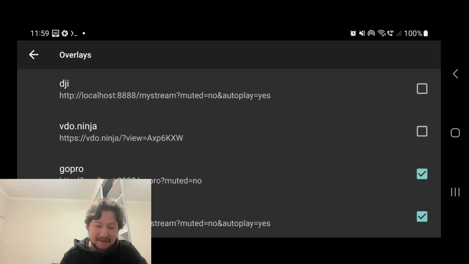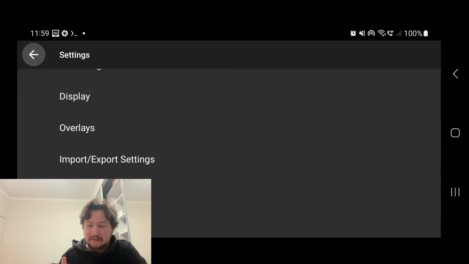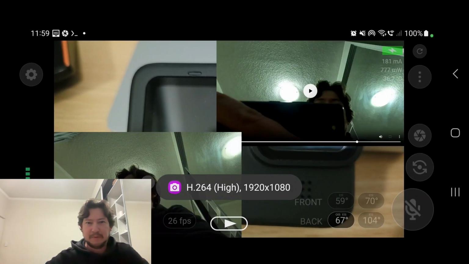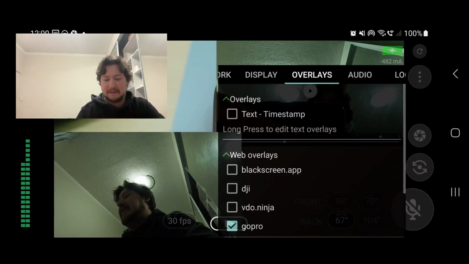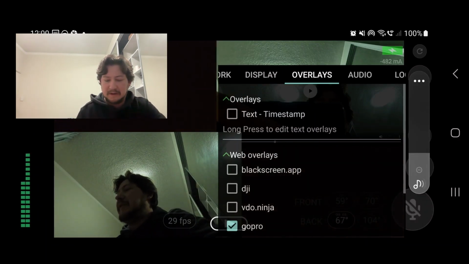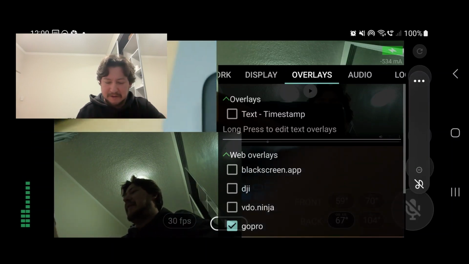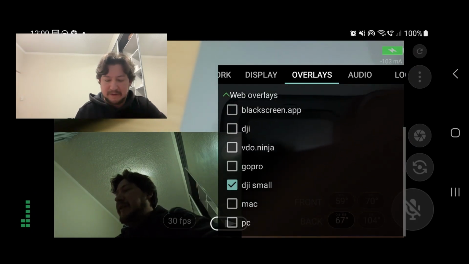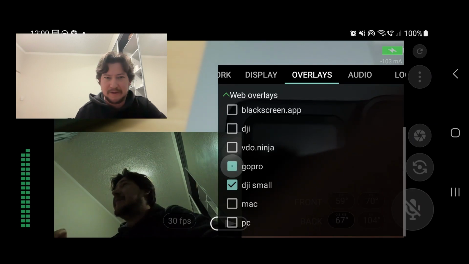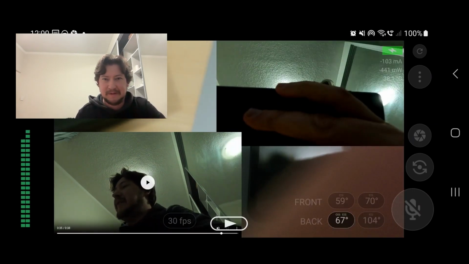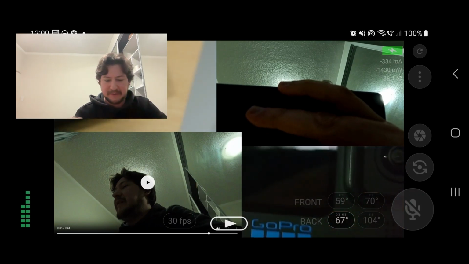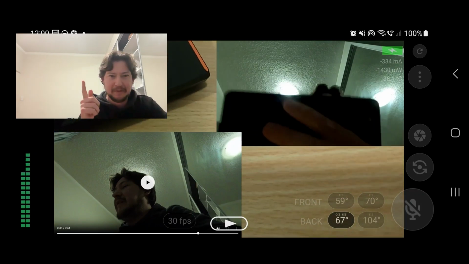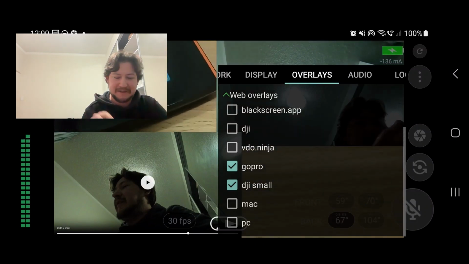So do that. So now you see GoPro is trying to play audio and DJI is playing audio. So depending which one's the last one, I think that will play the audio. Let me show you what I mean. So if I hide GoPro, DJI is playing. If I show GoPro, DJI stopped playing, and GoPro is playing, and so on. So whoever is the last one enabled, that sound plays, that video plays,